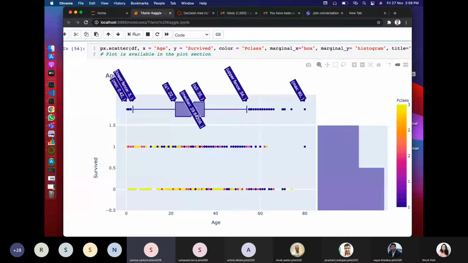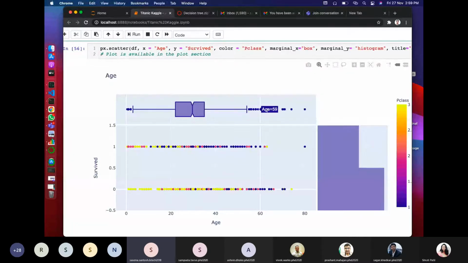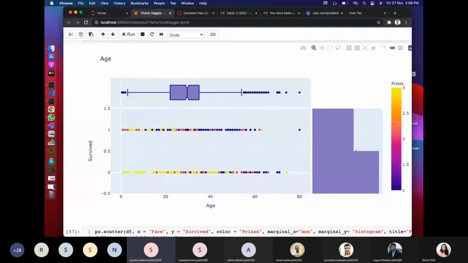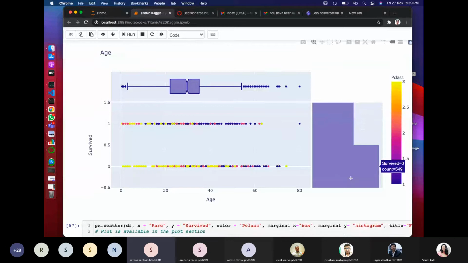And here is something known as a box plot. What a box plot does is show which points are available inside the range and which are the outliers. As you can see, these points are outliers with respect to this age section. On the right, we are showing a histogram of the quantity available for the survived people and for the dead people.